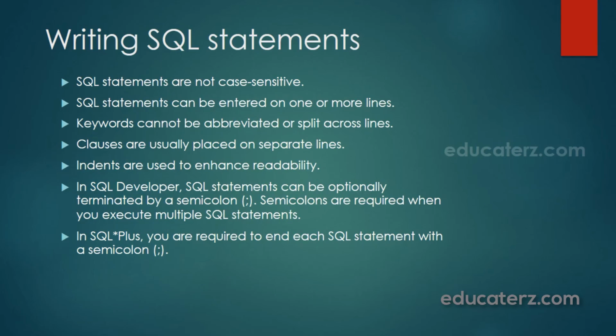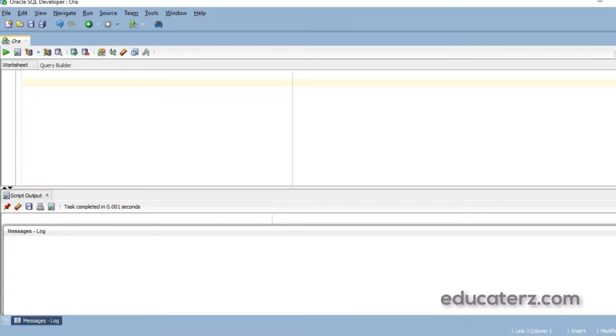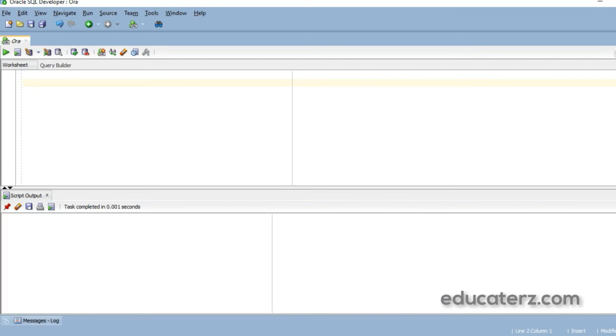SQL statements can be entered on one or more lines. I will give an example for this. Select department ID, comma, location ID from departments table.